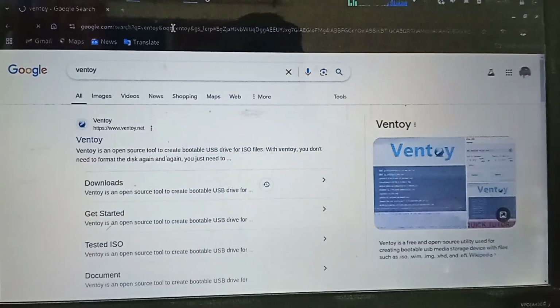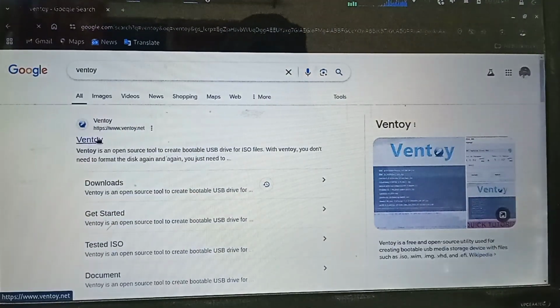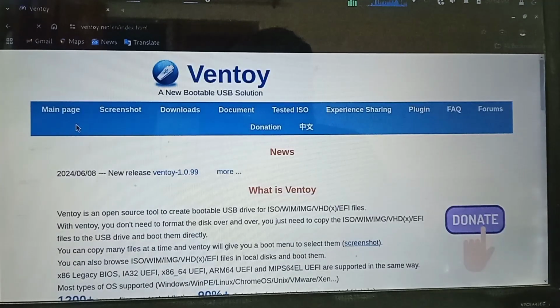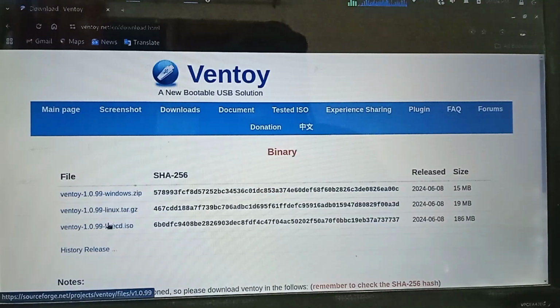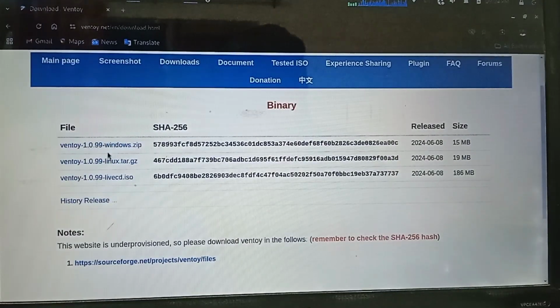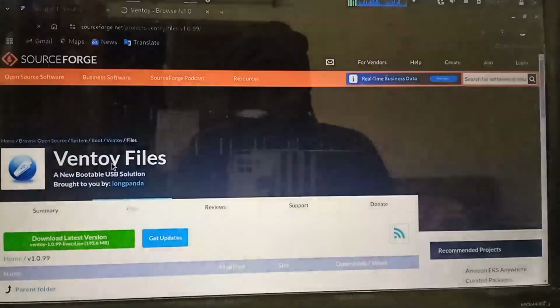We have to search Ventoy, and as you can see here, Ventoy is first on the site. Here you have to download the package for Linux. This is the Linux one, and after downloading this,